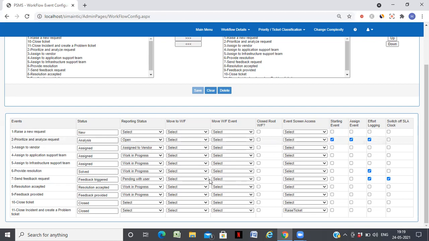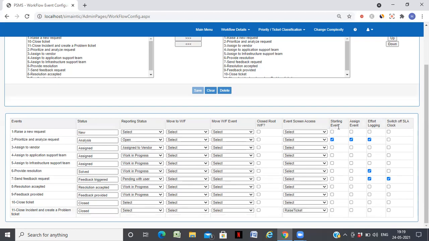There are other features in this workflow where you can move seamlessly from one workflow to another. We have features for moving it over there, and the design is such that you can create your own form, and for a particular event you can raise a form. For example, when I close a ticket, I have a form called raise ticket for creating a problem code. I've just configured it here.